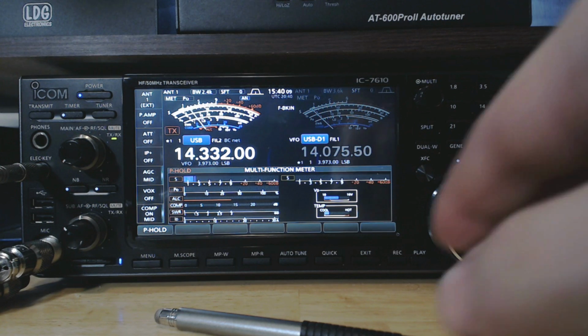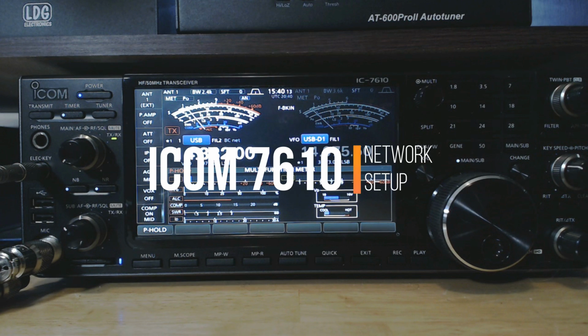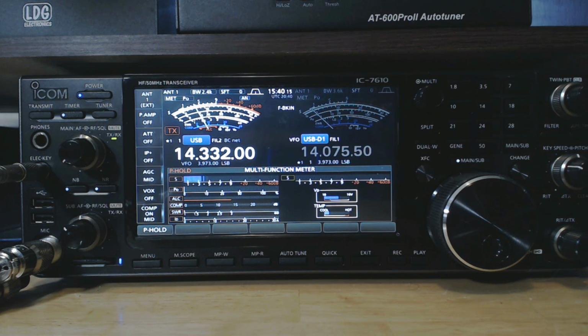The next thing you want to do is set up your network. And there's a couple of reasons to set up your network. One is so you can use the time server, so your radio syncs time and you always have an accurate time on your radio. And the second reason to be connected to a network is so you can operate remotely. Now I'm going to do it the easy way right now, and we're just going to set up the network